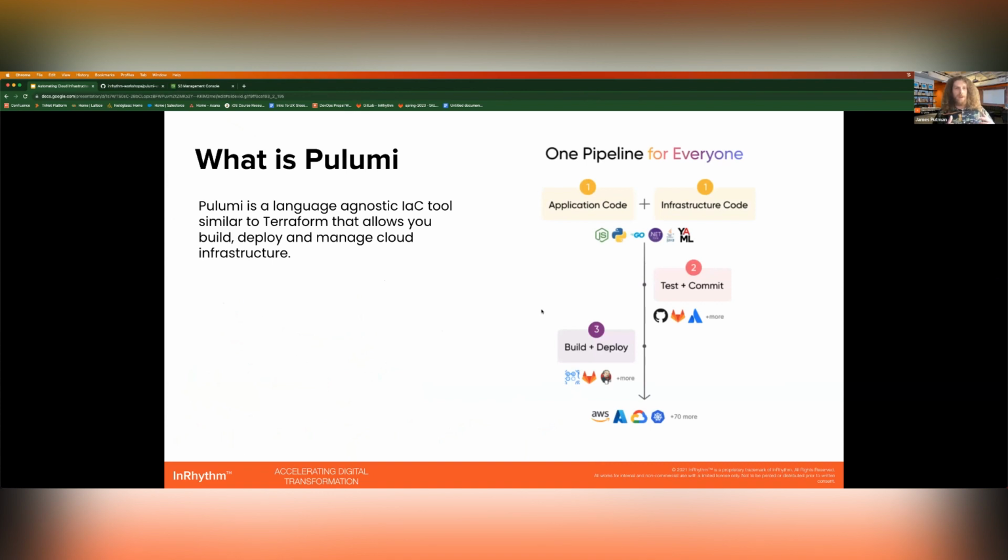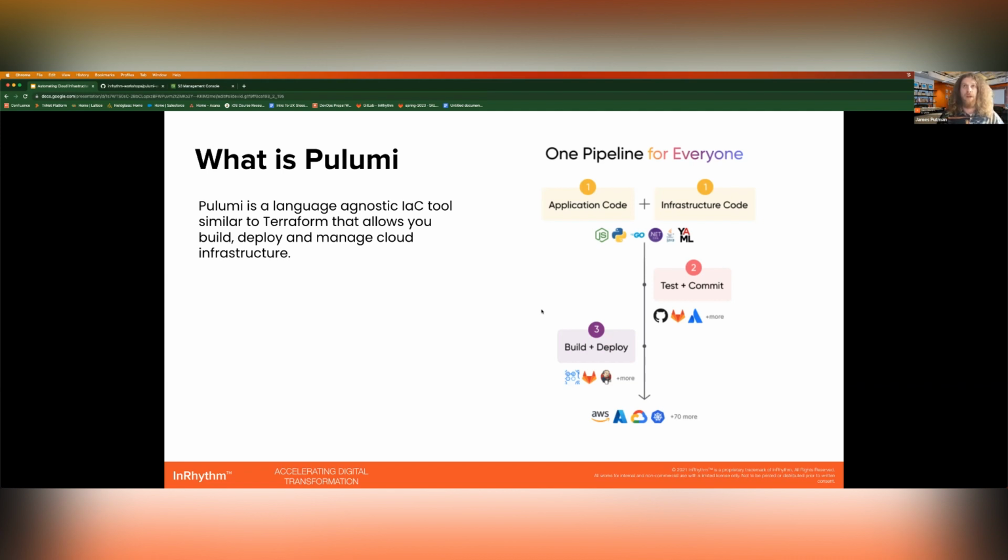So what is Pulumi? Pulumi is an infrastructure as code tool. Infrastructure as code is a way to deploy your infrastructure items. You can define them within a YAML file, things like that, but it basically makes this process a lot more efficient, because back in the day, whenever we were provisioning resources, we had to do it by hand. A lot of manual effort went into that. So Pulumi is an infrastructure as code tool, much like Terraform, like Ted was saying, to try and